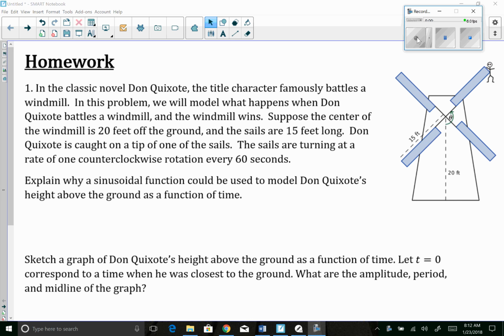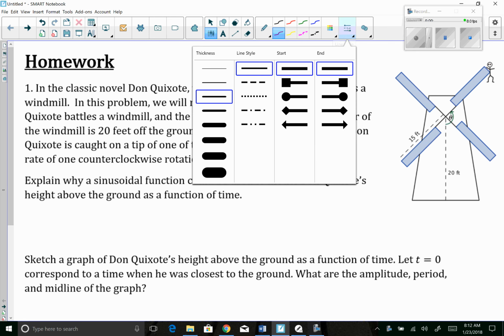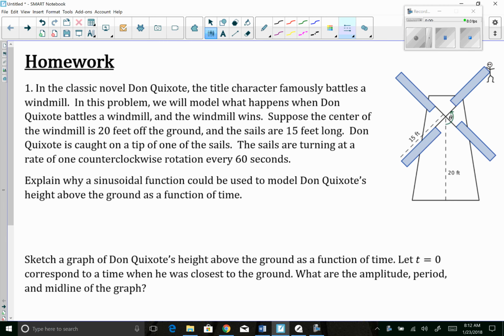All right, welcome to the video for lesson number 12, the first video on modeling sine functions. For this lesson, we learned how to take a word problem and decipher some of the pieces of it to determine some of the parameters to be able to create a sine or cosine curve to model a situation that's sinusoidal in nature. So in looking at this first question, it tells us in the classic novel Don Quixote,